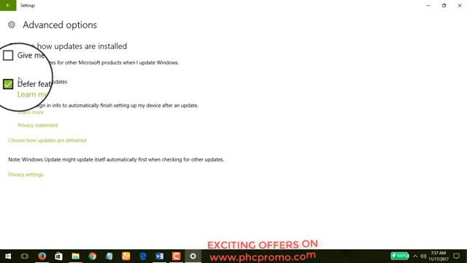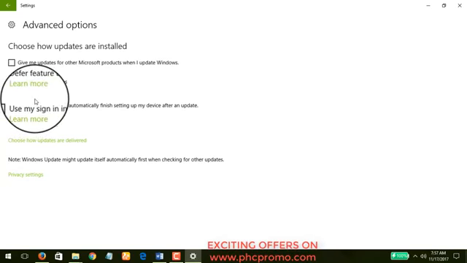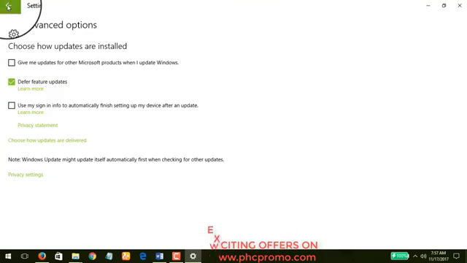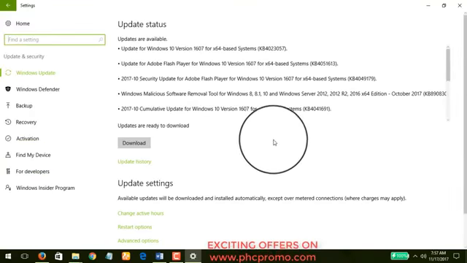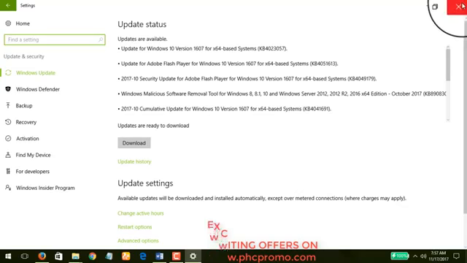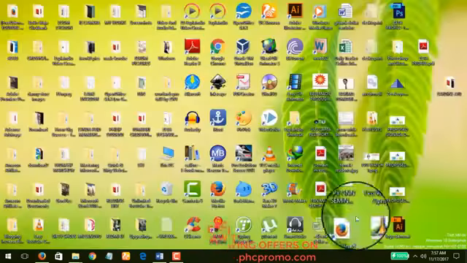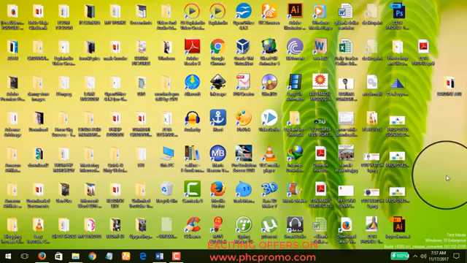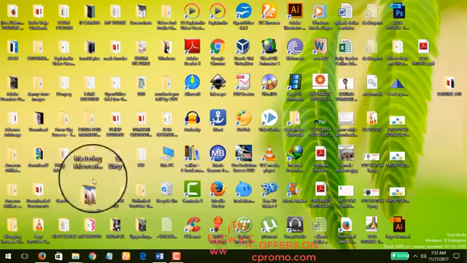Now you also have to defer feature updates. That's very simple. All right, so that's number 2. Now we look at number 3. Number 3 thing that you can do to save your data on Windows 10, to reduce your data consumption on